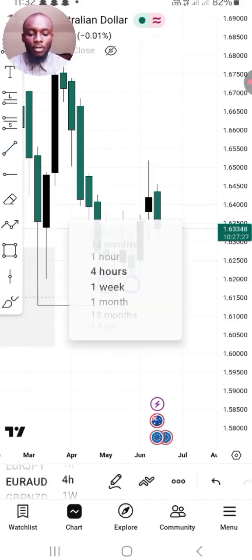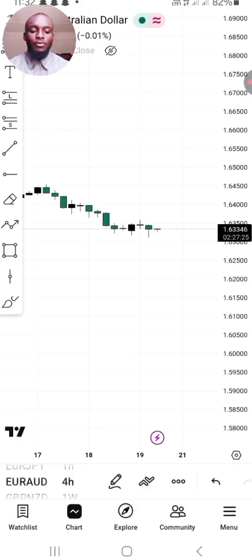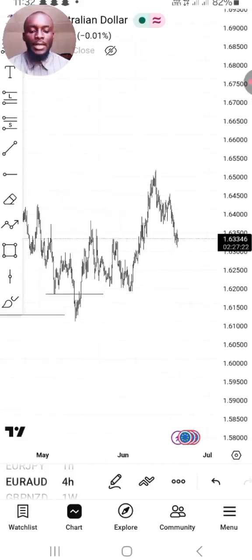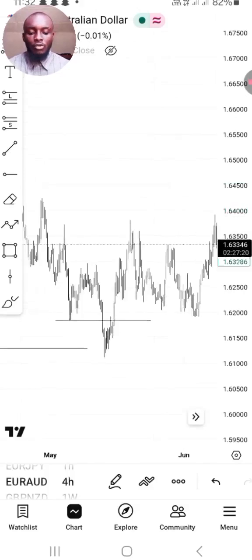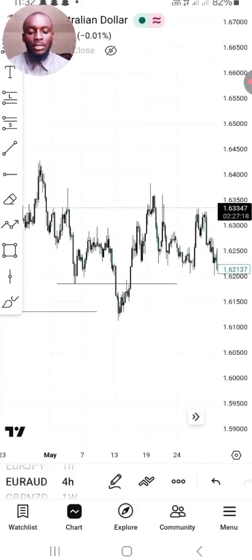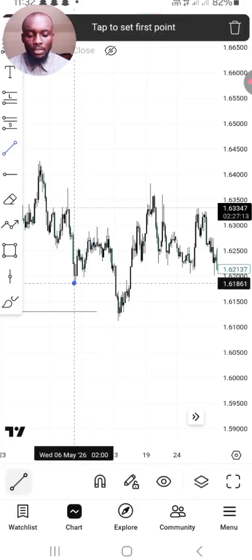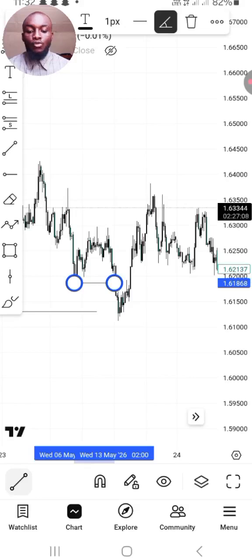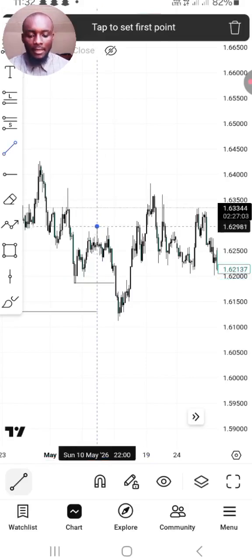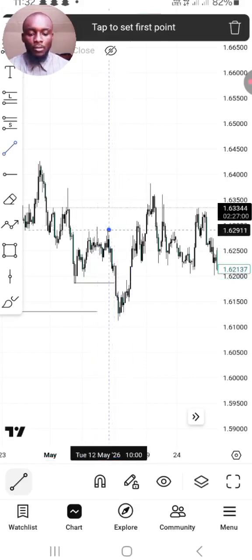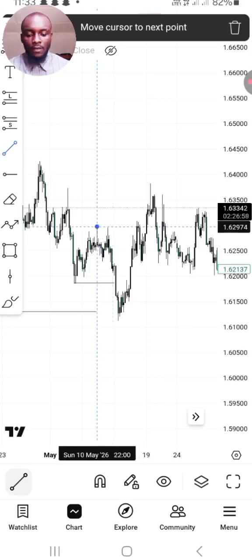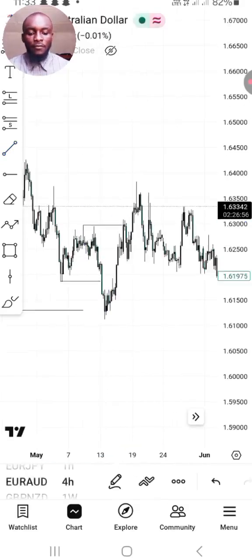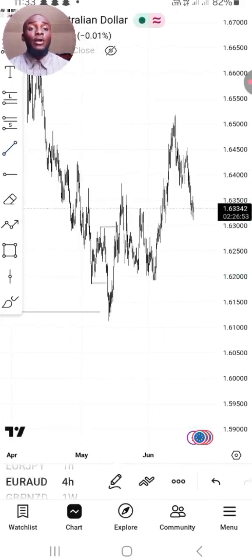I haven't seen this sweep on the weekly time frame. Let's move down to the 4-hour time frame to see what price is currently doing at the moment. So on the 4-hour time frame, as you can see, this is the low that was swept, and I want to see a market structure shift at this high, and this is exactly what we saw. There's a market structure shift at this high, at that level, and I want to wait for a structural